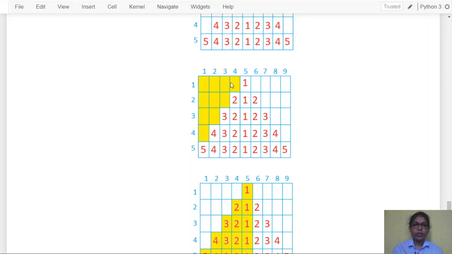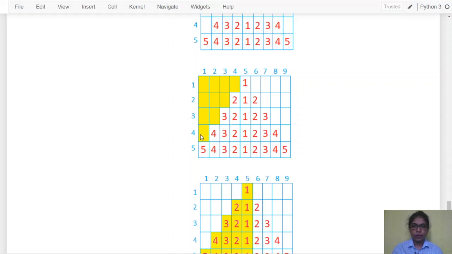For the first row, size minus 1 gives you 4, and we have 4 spaces. For the second row, size minus 2 gives you 3, so we will have 3 spaces. For the third row, again size minus 3, so 2 spaces.